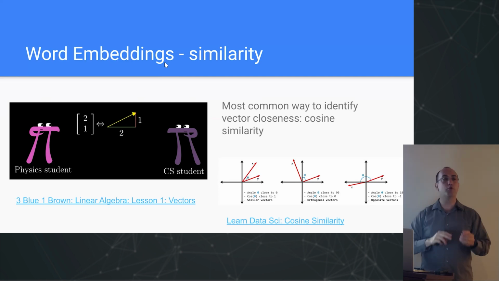If the angle is between, say, synonyms, you'd expect that angle to be a really small angle. If words are pretty irrelevant to each other, you might expect it to be close to a right angle. And that actually maps to cosines, if anybody remembers their high school trigonometry, where the cosine of a very small number is close to 1. And that is a good way of representing, hey, a cosine similarity of 1 means these words are actually pretty similar to each other. Cosine similarity of 0 might mean that these words have nothing to do with each other. And a negative cosine similarity might mean that they're totally